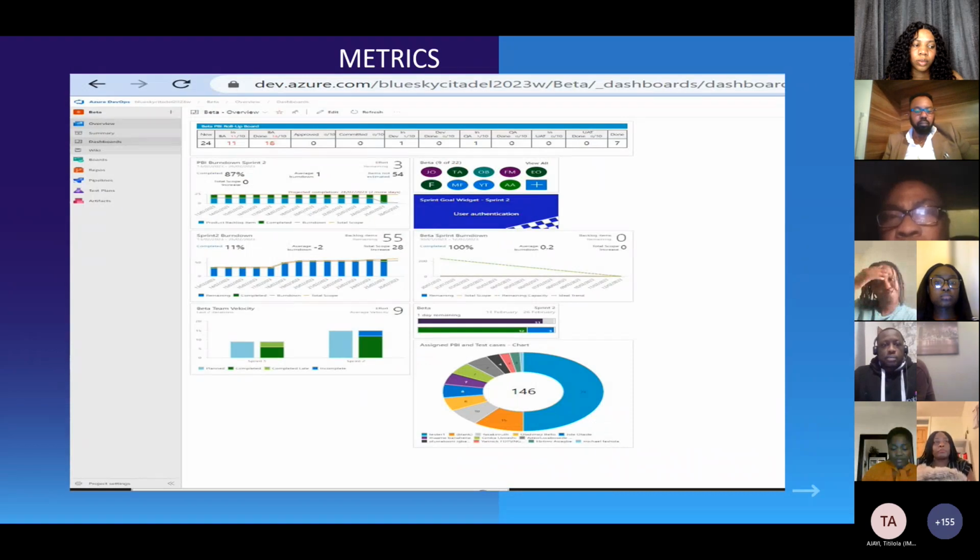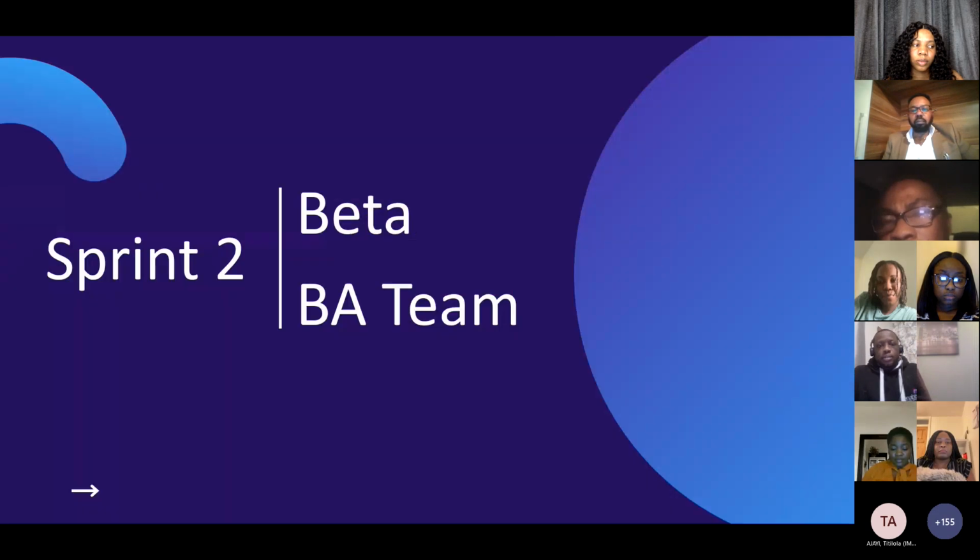This is a screenshot of our metrics, from the burn down chart to the sprint velocity, and the rollout board is also there showing the PBIs that have been completed. I'll be handing over to my colleague, from the BA team.